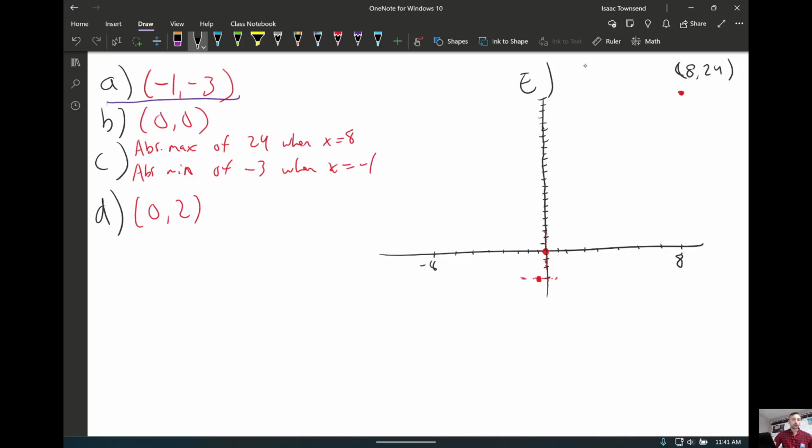And within working part D was when is it concave down? And so it's concave down from 0 to 2, and therefore it was concave up the rest of the time. So we've got a couple points. We know when the graph is concave up, concave down. We know the biggest point, the smallest point, and also within part C, I did a candidates test, and some